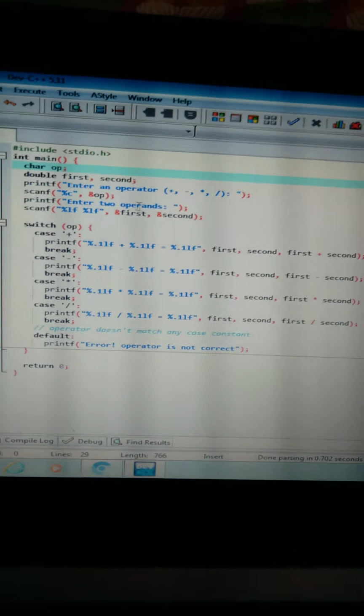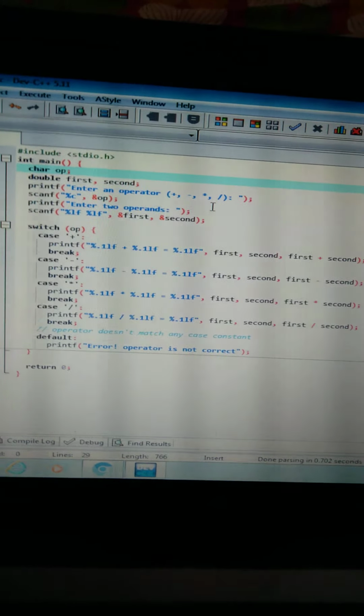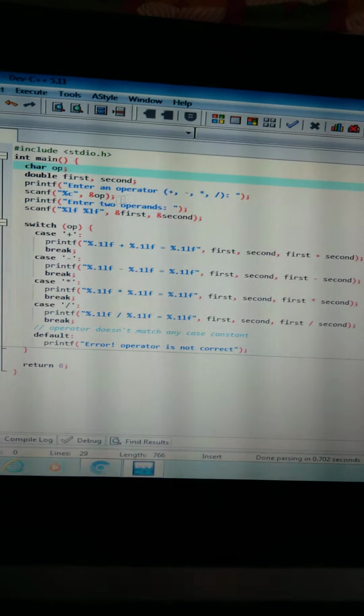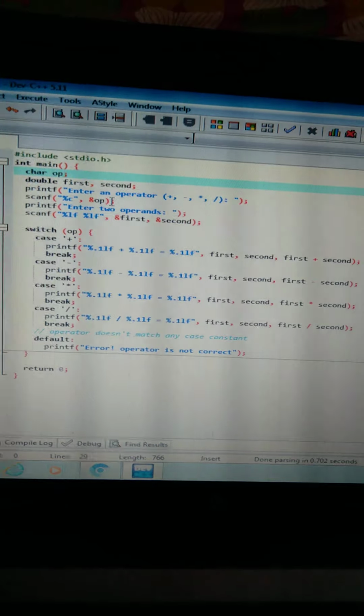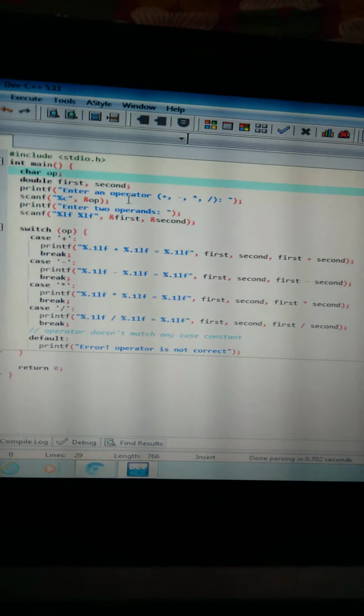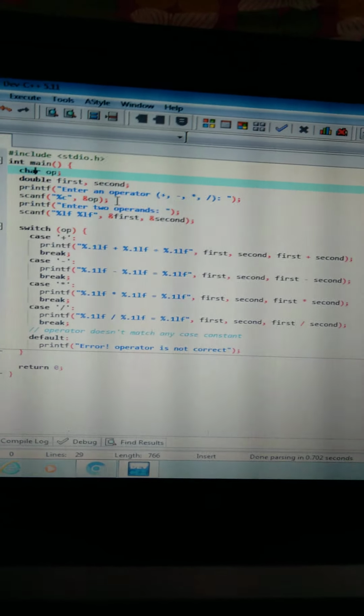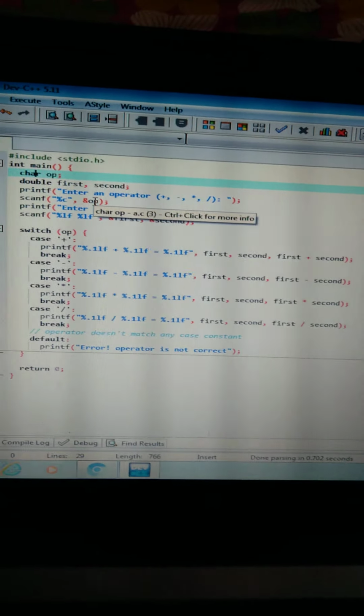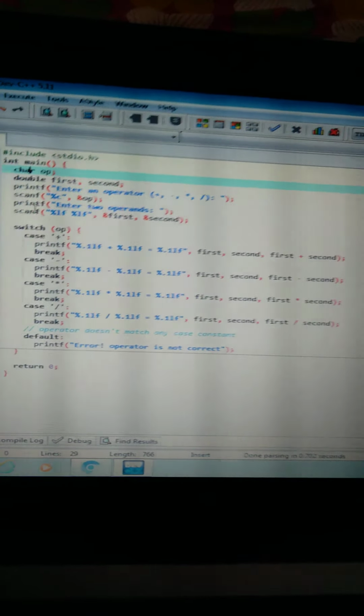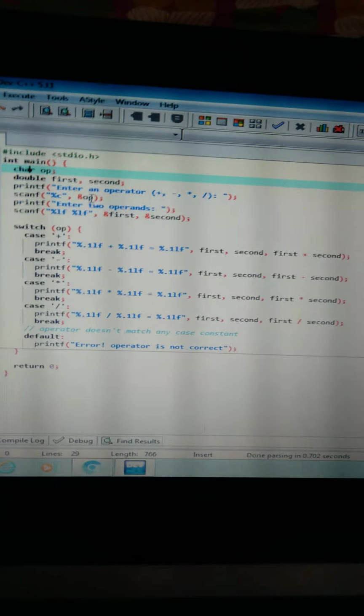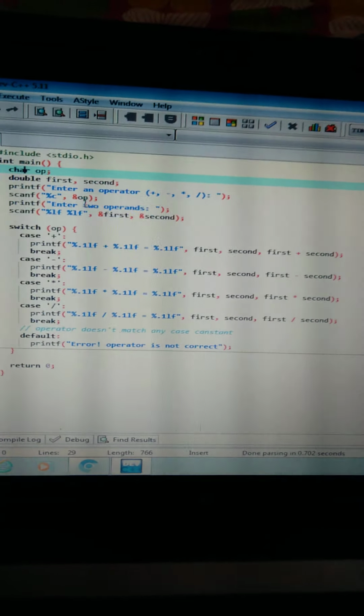This line shows we have to enter the operator. This scanf function takes whatever we enter, plus, minus, multiplication or division, and uses it for calculation. Next, only an operator is not enough to perform the calculation.